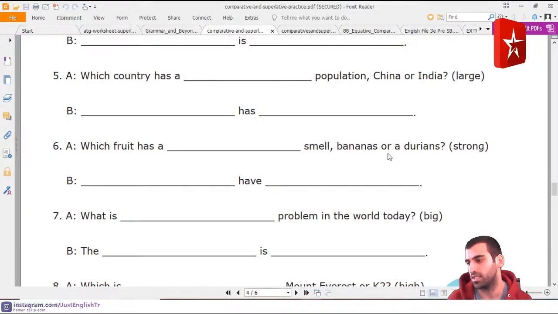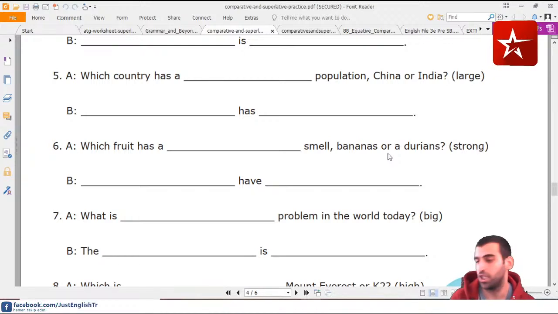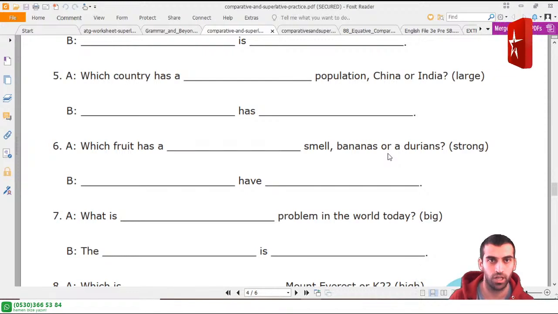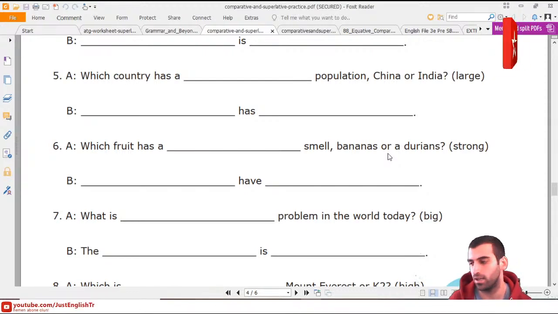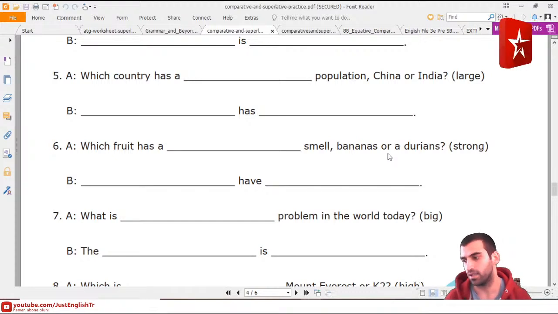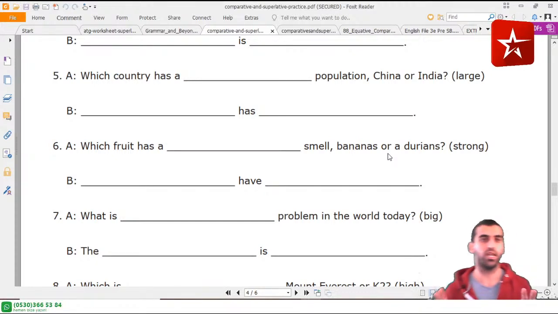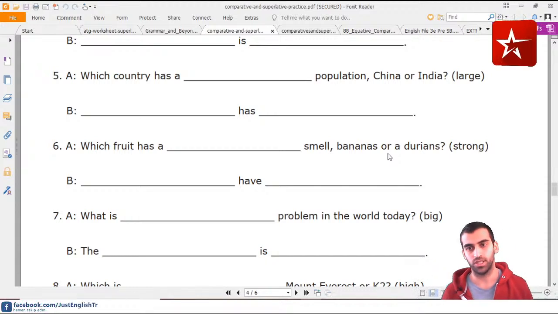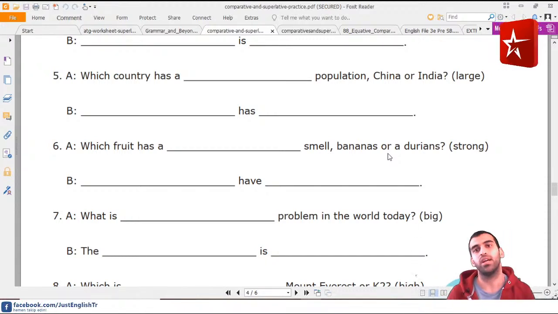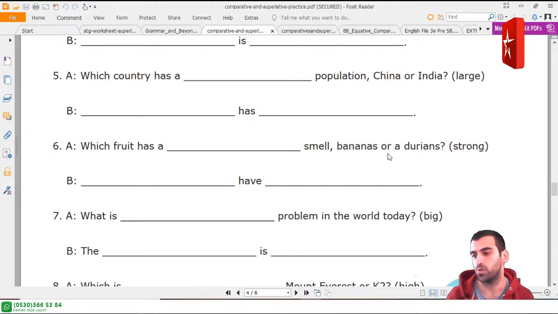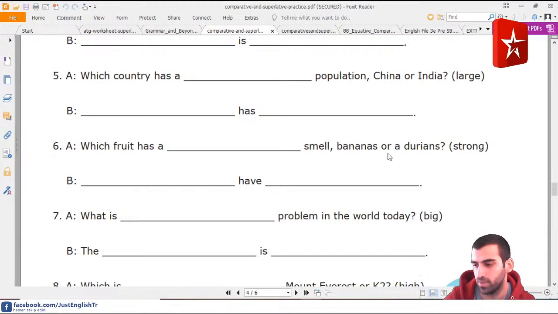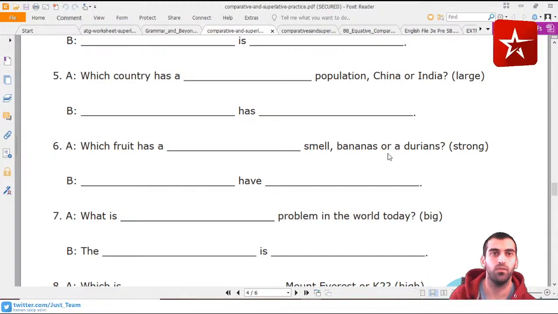Yes, Hüseyin Dursun says larger than. Which country has a larger population, not larger than? Sıla, larger population. Which country has a larger population, China or India? Not the largest, the larger population. This answer is correct. We should say China or India, and we have to write the correct answer to this sentence. How can we use that? Can you let me know, please? So which country has a larger population, China or India?